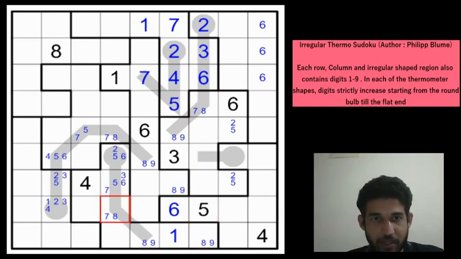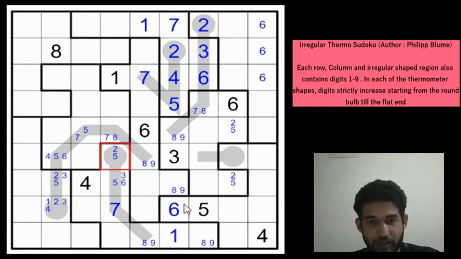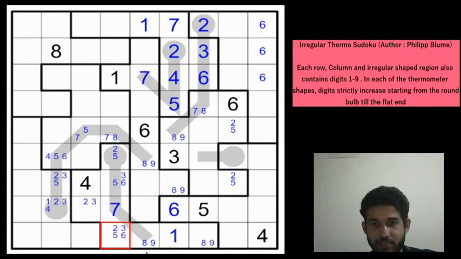So this is going to be a 7. And this is not a 7. This would be a 3, 5 or a 6. And this cannot be a 6 now, because then we can't fill any digit here. So this is a 2 or a 5. And now we have marked 1, 8, 9, 4 and 7 in those boxes. Remaining digits are 2, 3, 5, 6, but 5, 6 is here. So this will be a 2 or a 3. And this is going to be 2, 3, 5 and 6.